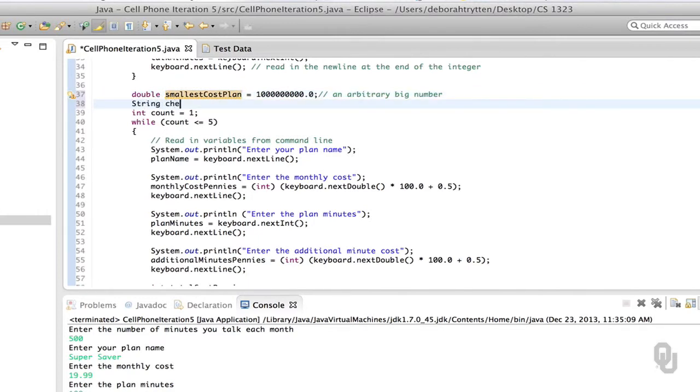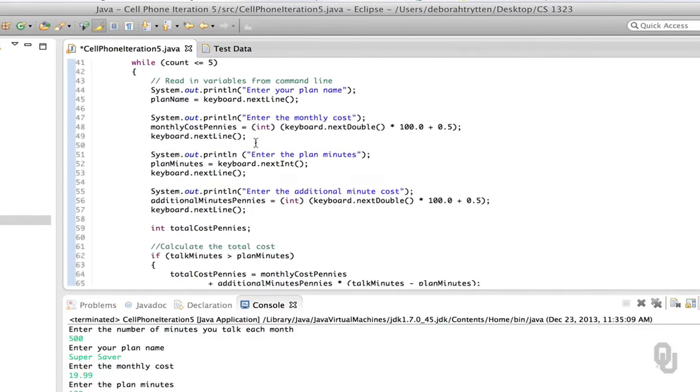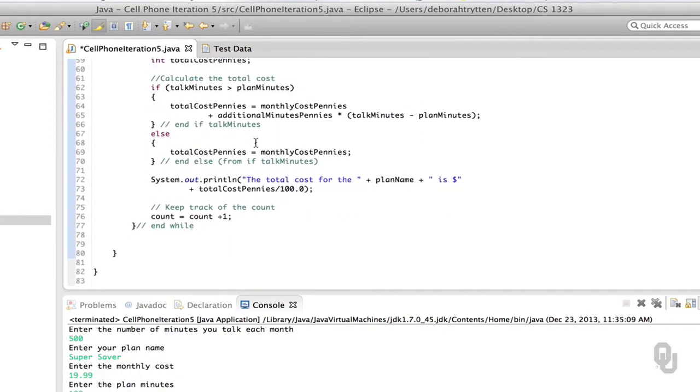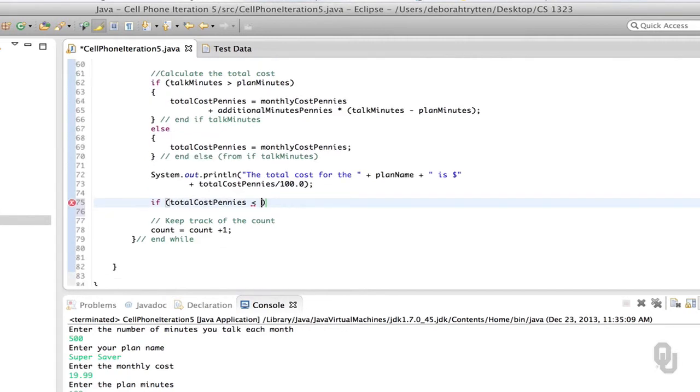And let's call cheapest plan name, and that one I'm going to set to the empty string. So there is a string there, it's just the cheapest one. We go through all this entering the data and then calculating the total cost. What we need to do now is to figure out if total cost in pennies is less than the name of our variable up there, which was smallest plan cost,